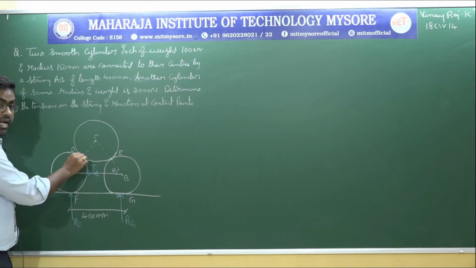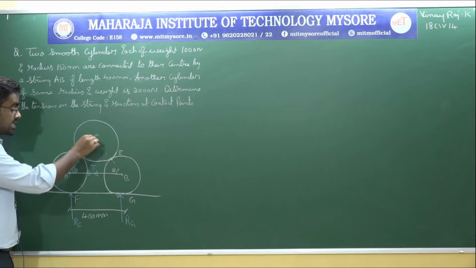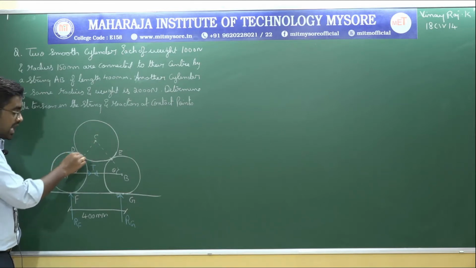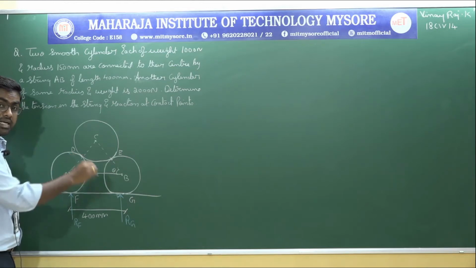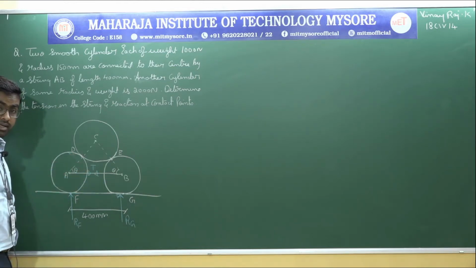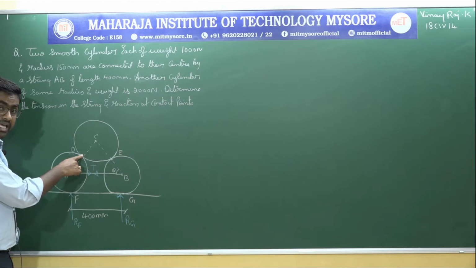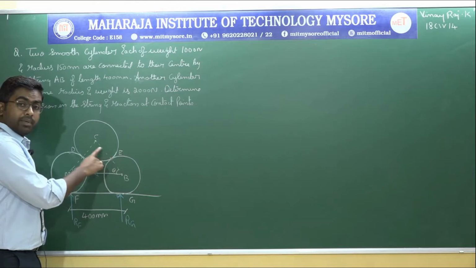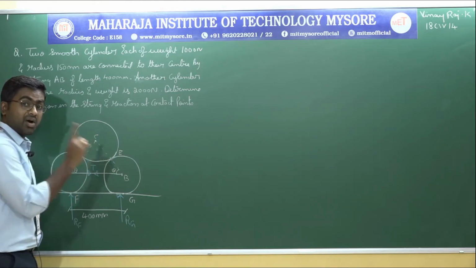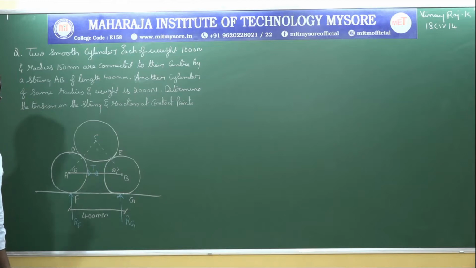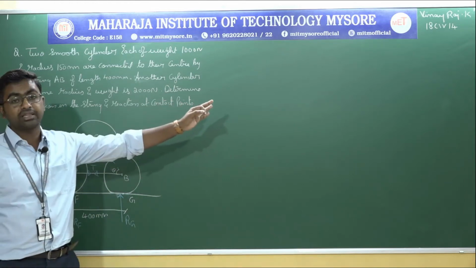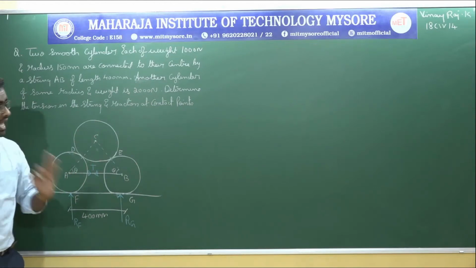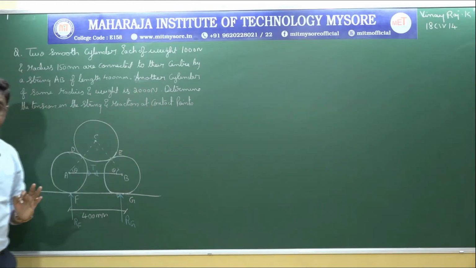So this is one more contact point between the 2 cylinders, that is C and A, and we know that at the contact point between the 2 cylinders there will always be compression. So here at the point D there will be a compression. Similarly, there is one more contact point between these 2 cylinders, and at the contact point of the cylinders there will always be compression, and that should be indicated by the 2 arrow marks going outwards, and that I have to mention in the free body diagram. Compression I can mention in the free body diagram, right?